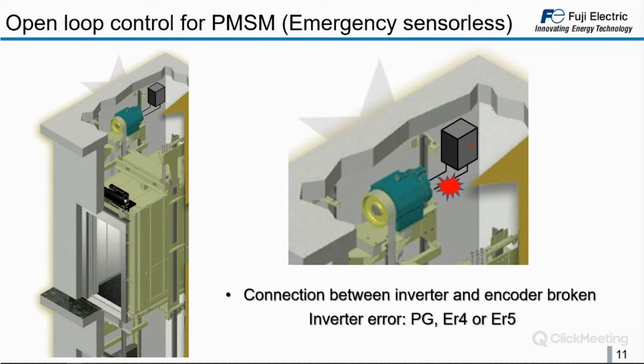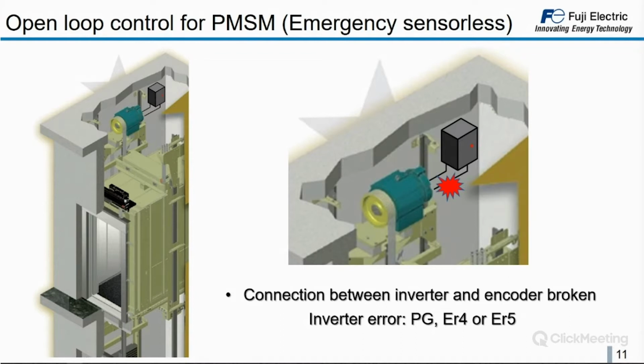But in case of machine roomless, where the electronics are inside the shaft and we have no access, when the synchronous motor loses the feedback, so we have problems with the encoder or cable or whatever, we cannot easily move the motor. And this is a big, big problem sometimes. Please keep in mind that this can happen in two situations. The first one is in case of standard usage, people traveling inside the lift, and the encoder breaks, so people are trapped inside the lift and we have to rescue them.